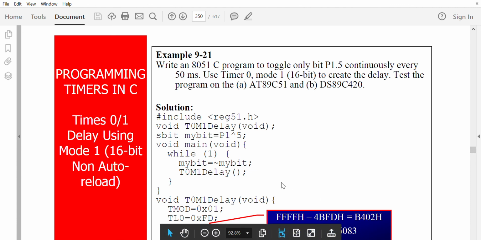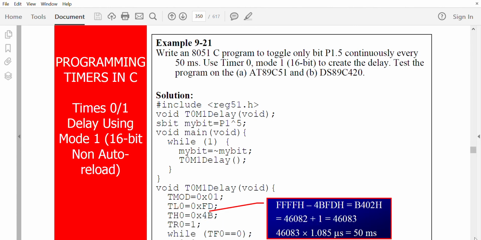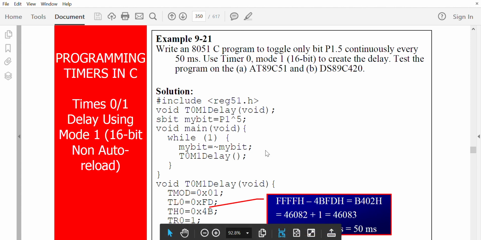So write a C program to toggle bit only P15 continuously every 50 millisecond. Use timer 0 mode 1 to create the delay. So we need a delay program as a subroutine.